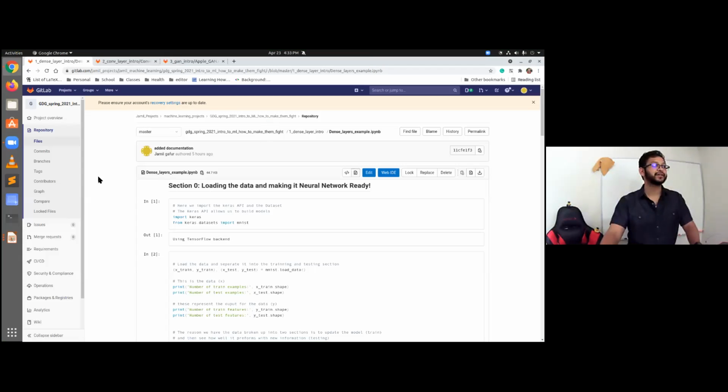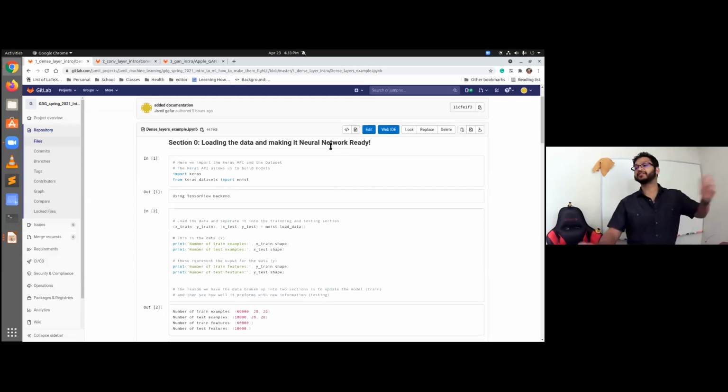In the Git repository, you have the first section, which is the dense layer example notebook. So the first thing I talked a little bit about is we need to train the model. If we create a model, it's just a template, all randomly initialized. What makes a neural network good is its ability to learn and develop. So let's do that. In order to learn and develop, we need to have data. We need to have information to send into the neural network. So we're going to import Keras and a data set called MNIST.